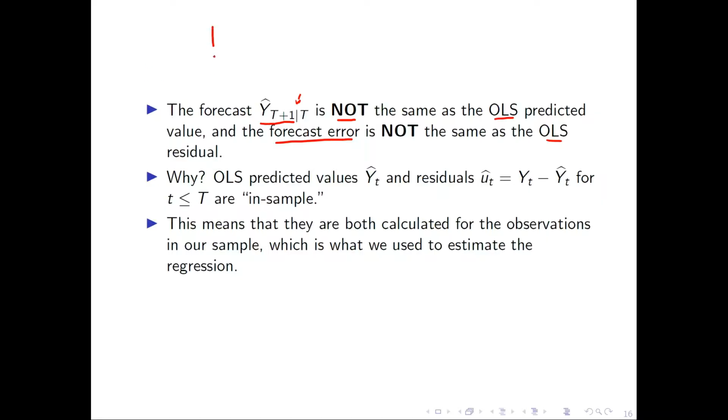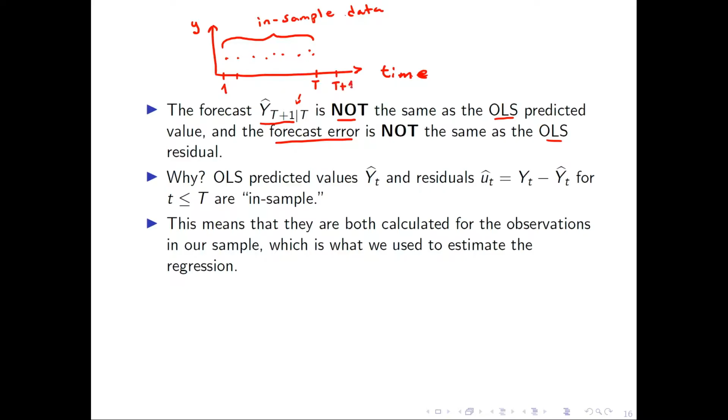Because if we have the y variable here, we have time here, and we have data from day 1 and so on up until day capital T, and we have our data points, and our regression is run by using these observed data points, which are in-sample data, and we use this model and its estimated coefficients to forecast into the future, for example, for time T+1,